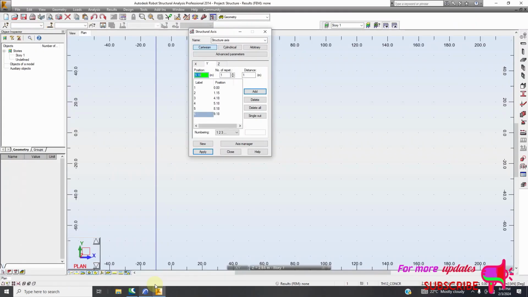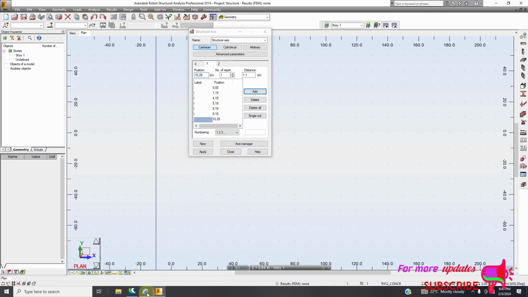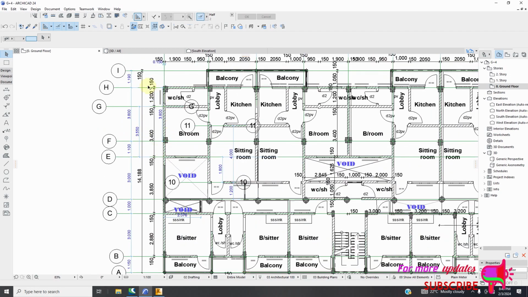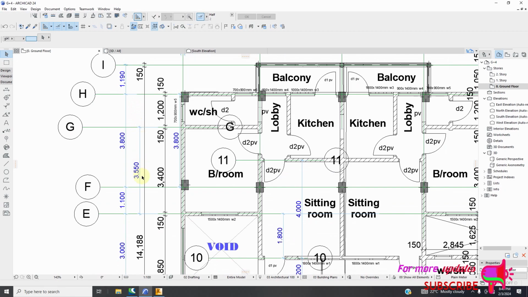So this one I can just delete. Now it was 3, then 1.1, and now the next will be 3.8. Now the next one will not be 3.8. It will be